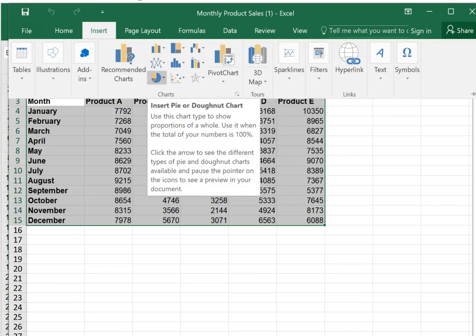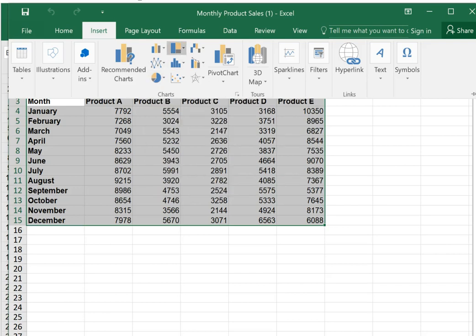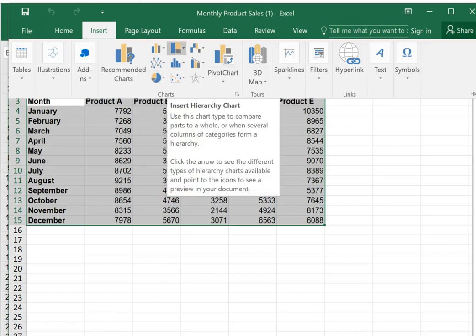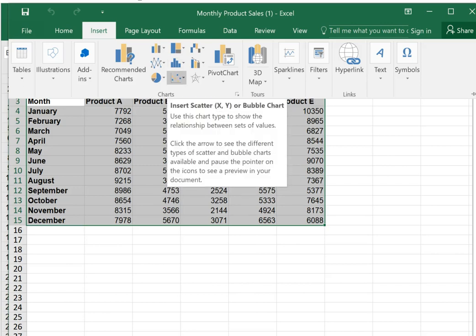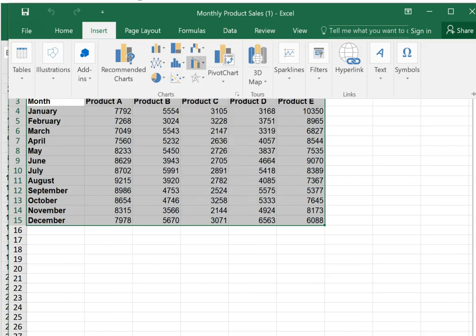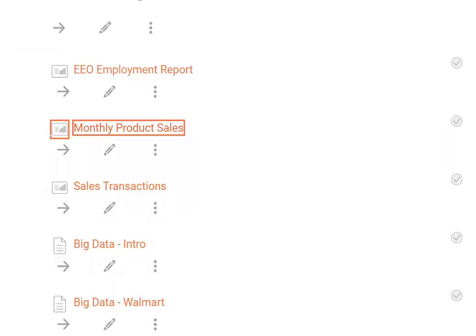Line charts, pie charts. Hierarchy charts. I've also got some different statistics charts. Scatter plot, that's going to be useful, and a couple of other ones. But we'll do what the usual recommendation is when I teach this class, to just do the recommended charts, because it's actually going to bring up,